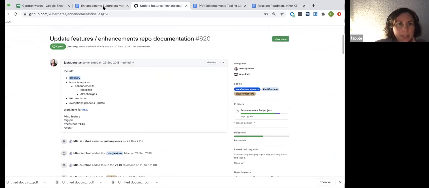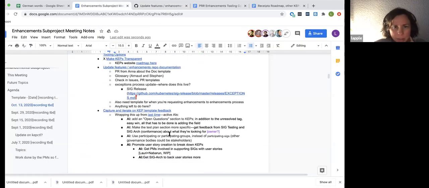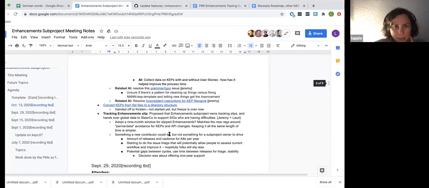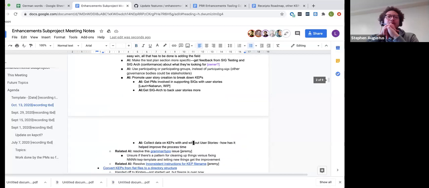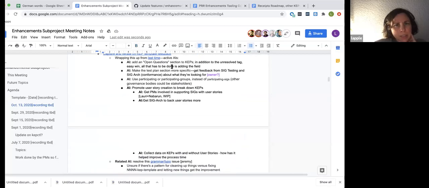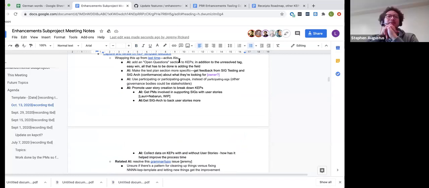Okay, then I think maybe the issue here about enhancement slip. Okay. Did we do the capture and iterate on KEP feedback thing? This one is fairly taken care of. This is just a summary of what we talked about last time. So it's mainly for you because I think you were going to do that. Okay, cool.